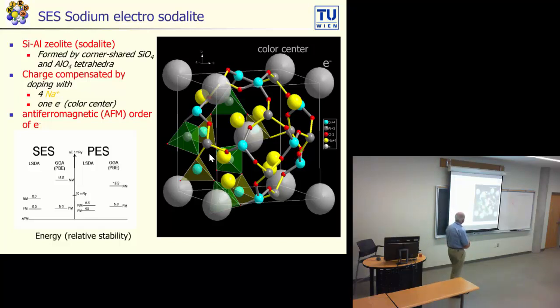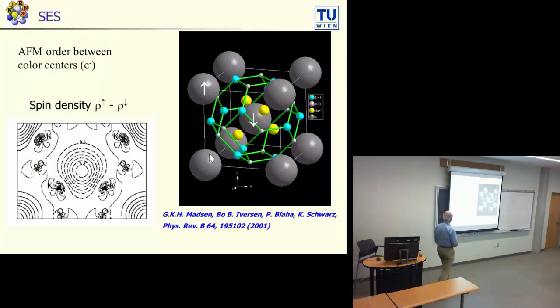And the strange thing is this: there is no atom, this is just a trapped electron, and this trapped electron forms an antiferromagnetic structure with the trapped electron in the next cage. So this is a funny extreme situation, and if you look at the spin density of this system, you see that you have spin up at this point and spin down at this point. It's a trapped electron. So you can even have a magnetic situation like this. That was done many years ago, but it's an